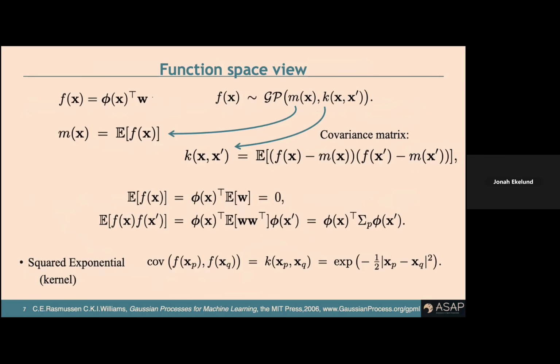In fact, once you go to the function space, which looks a bit complicated, but it's pretty much the same thing that you saw before. You have the mean and you have the covariance, right? So this will tell you everything you need to know about your data and how to model your data, okay? And the simplest possible covariance function that is typically assumed is this squared exponential. These are also called kernels because kernels are things that appear inside the integrals, right?